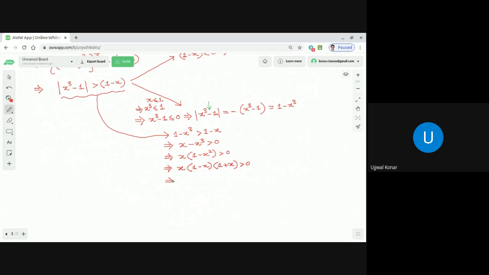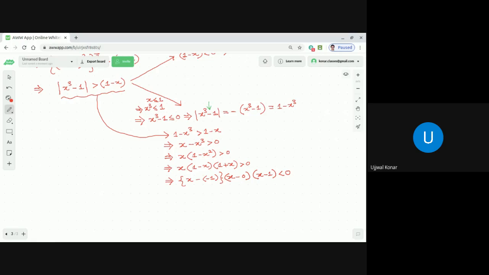This implies we should write the coefficient of x as 1 and everything in terms of x minus 1, correct or not? So we are going to get x minus of minus 1, that is x plus 1. And 1 minus x, we are writing x minus 1. Let me write x here, x means x minus 0. And as we are multiplying by minus 1, greater than 0 now becomes less than 0. I hope all of you agree with me.